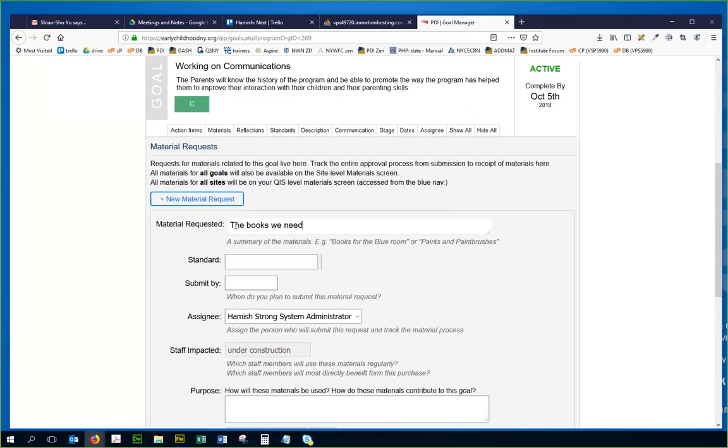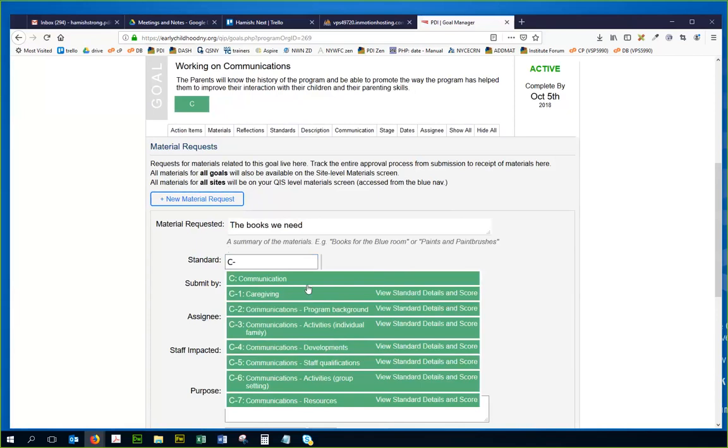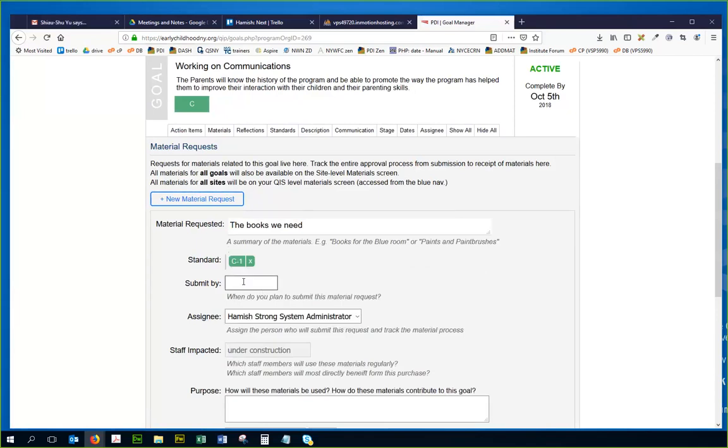Now I'm not being very careful about tying these action items logically through the standards to what this goal is. Just for my examples, yours will be incredibly relevant to the goal, but for simplicity, I'm just using these goals that I have and putting some dumb examples in here. C1, I want to get this done right away. This is the date by which I want to submit the purchase order that will start this material request being